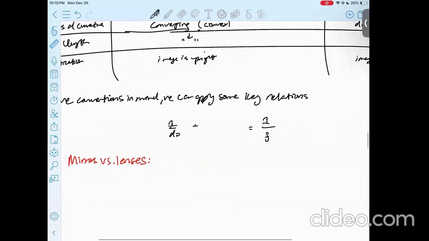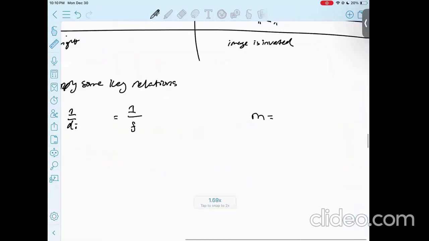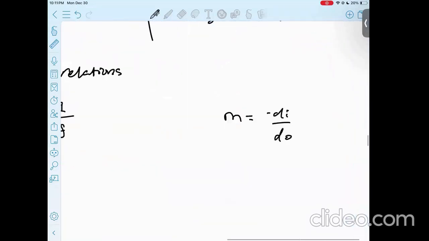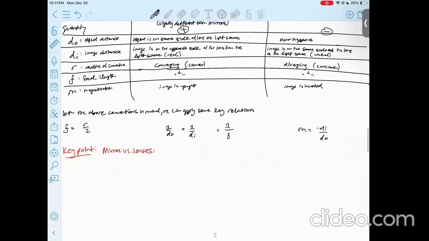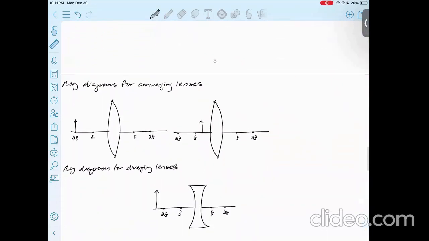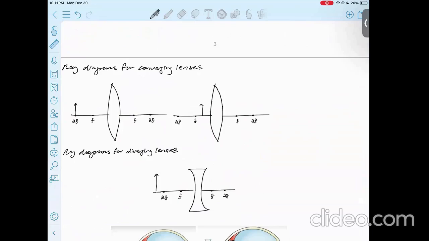As before, boom, done. Right, so the key point, the mirrors versus the lenses. Look in this row of the table and look in this row of the table. Okay, so now, what we're going to do is go through some ray diagrams. And again, these are really great for getting a sense of what's going on, but they're super frustrating. And, in practice, you're going to hope you can use the equations, but it really is valuable to see